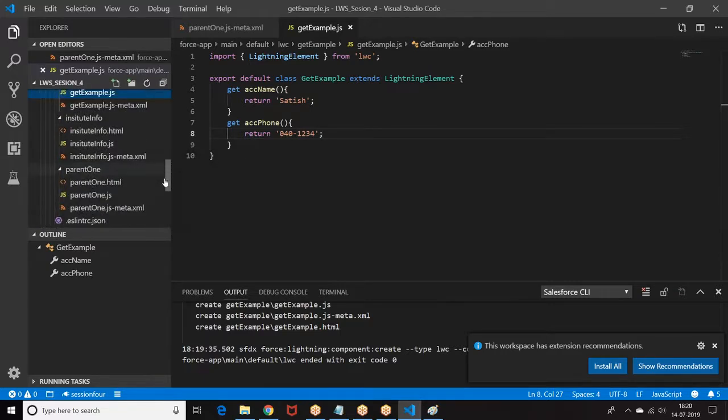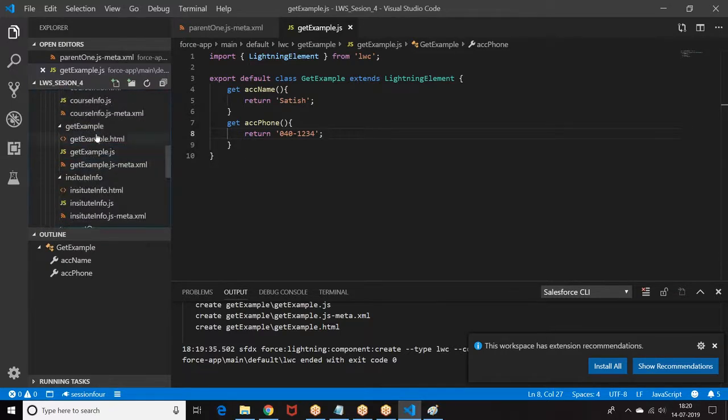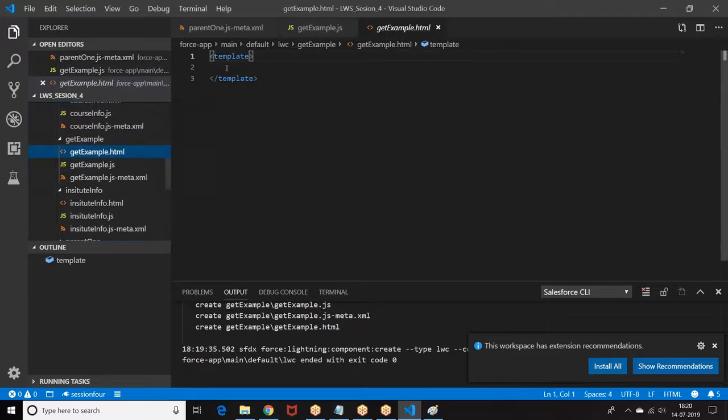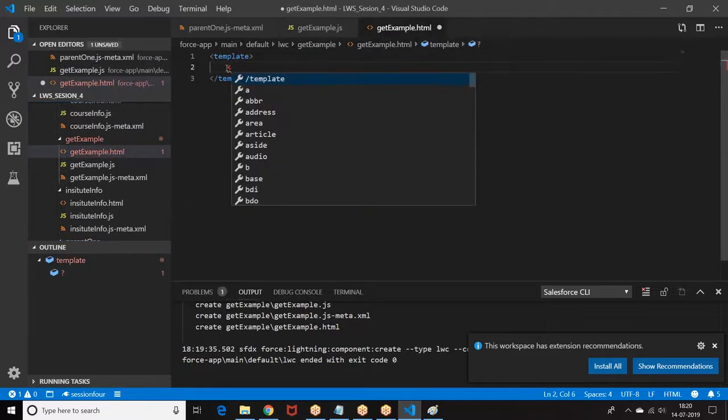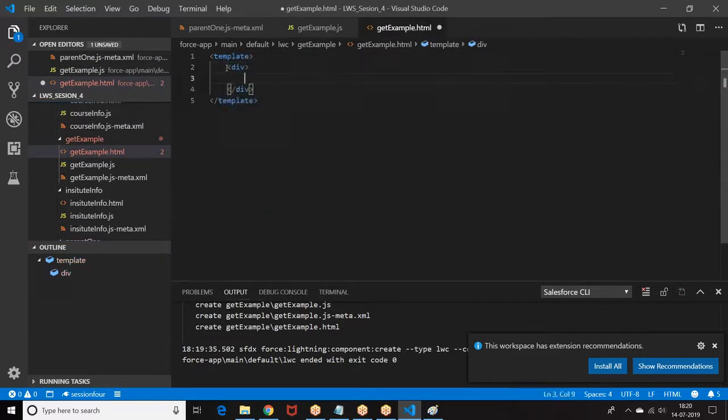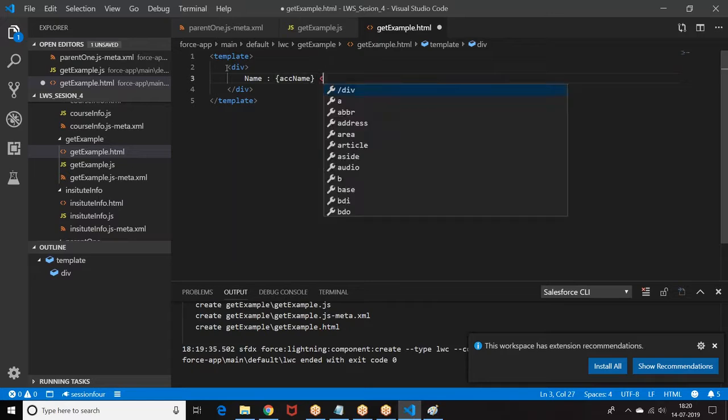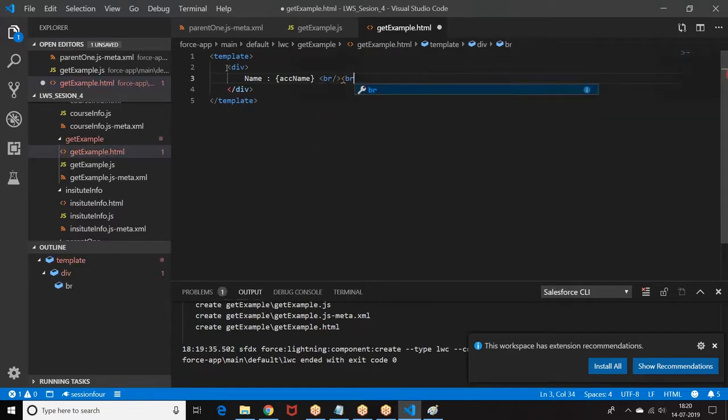So we have get example. Where was the component? ACC name. Very basic example.